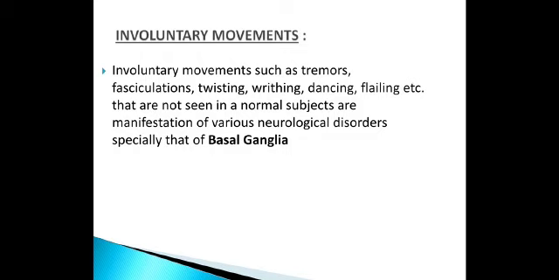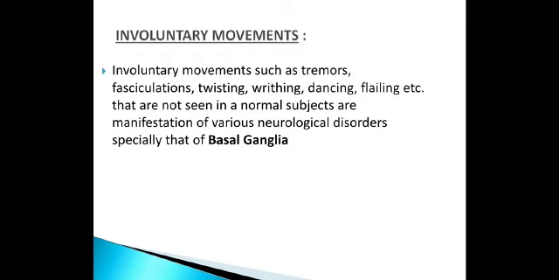It is divided into resting or static tremor, which occurs at rest, and intention or kinetic tremor, which occurs during a purposeful movement. Resting tremor is typically seen in Parkinson's disease and intention tremor is seen in cerebellar disorder. Tremor is also divided into fine and coarse tremor. Fine tremor is seen in anxiety and hyperthyroidism, whereas coarse tremor is seen in Parkinson's disease, which is called pill-rolling tremor. There are different causes of tremor, which can be physiological and pathological.